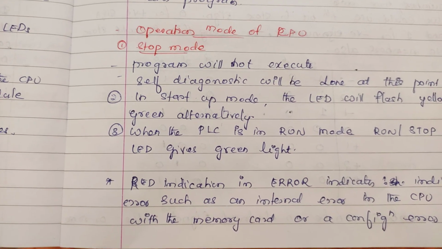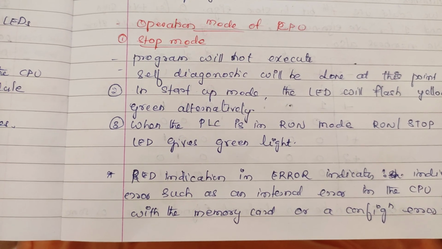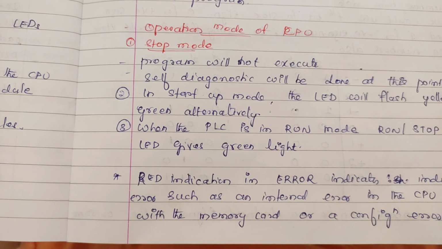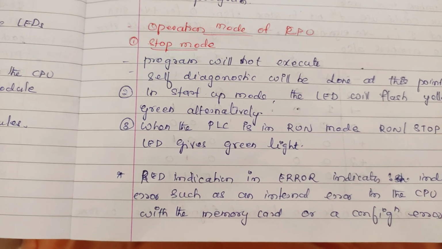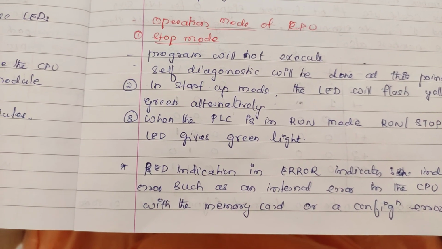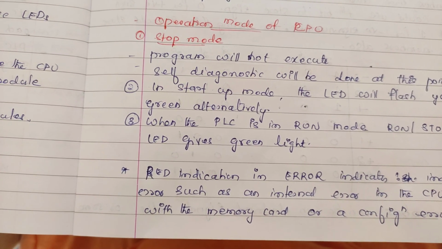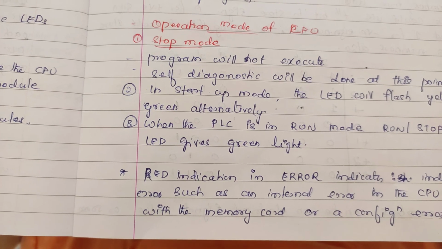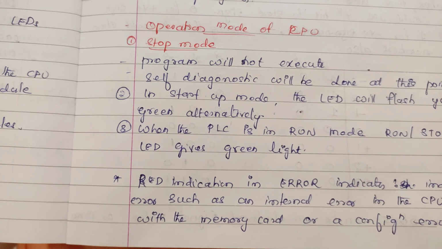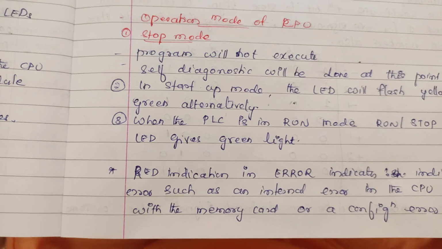First of all, the process image input memory will get cleared. This input image memory stores the status of all the input devices connected to our PLC, so that memory will get cleared first. Then outputs are initialized with the last value. Before starting our PLC, if any output was energized by a previous program, that will be initialized. We are not executing any program; this is available by default in the output image memory. Outputs are initialized with the last values.